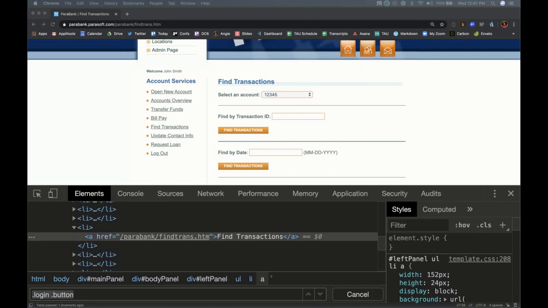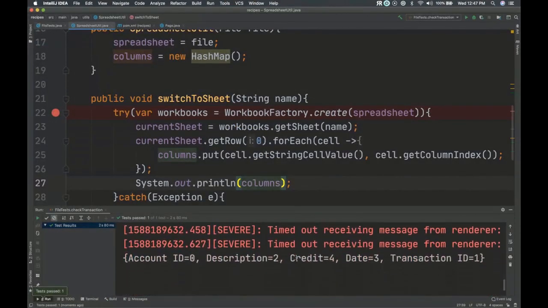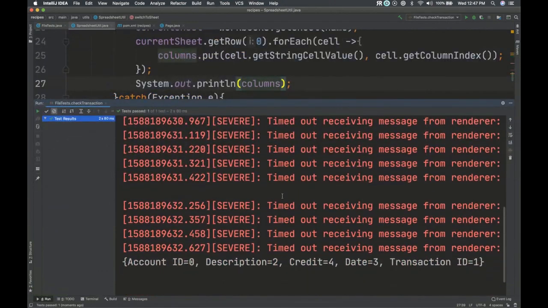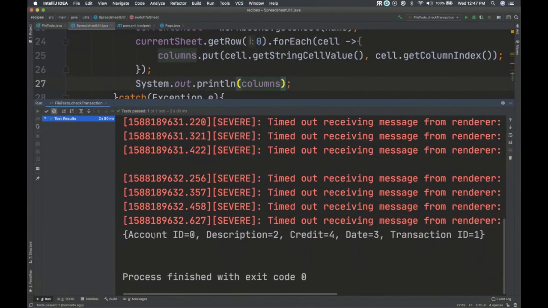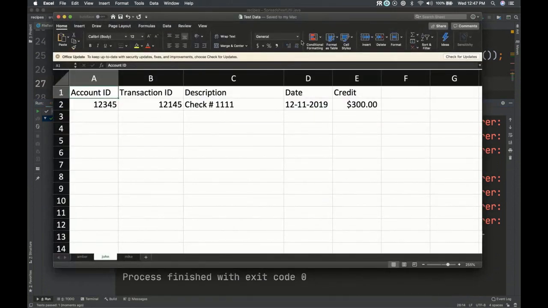All right, let's see what this gave us. Don't worry about this, this is something goofy going on with Chrome. But, oh yes. So look, this is our map. Oh, and look, this is not necessarily in order, but let's make sure that they put it in the right order.